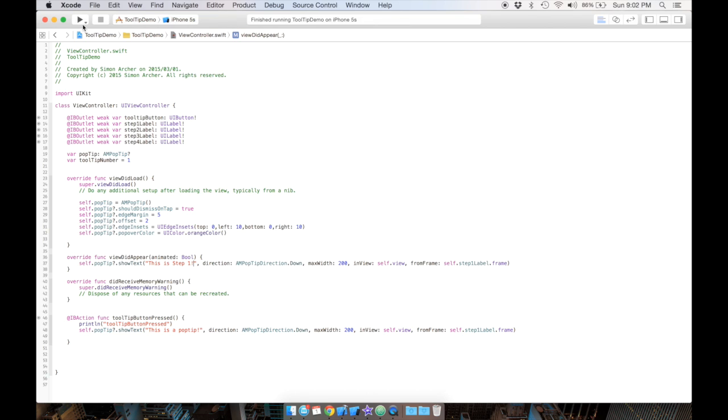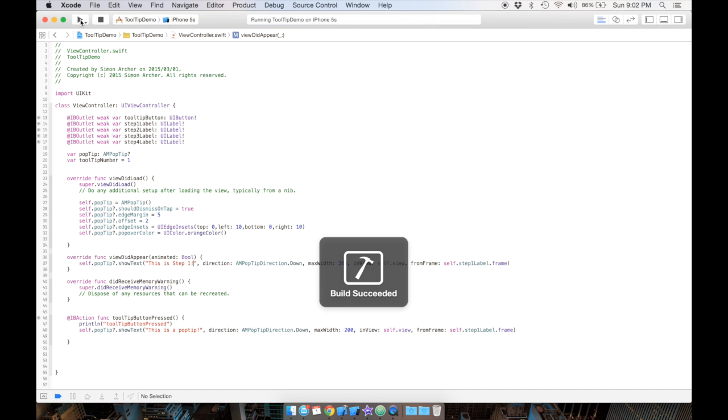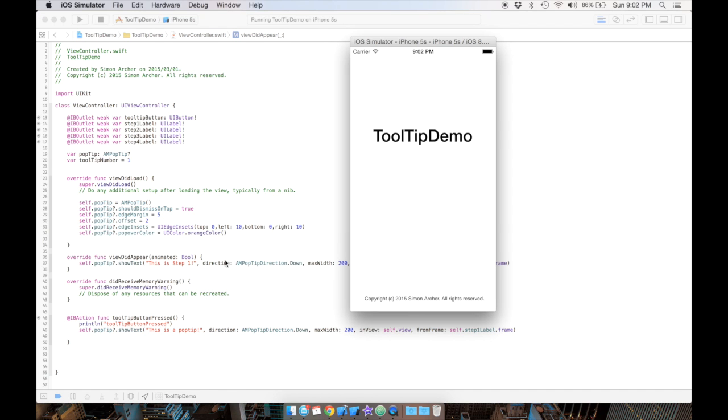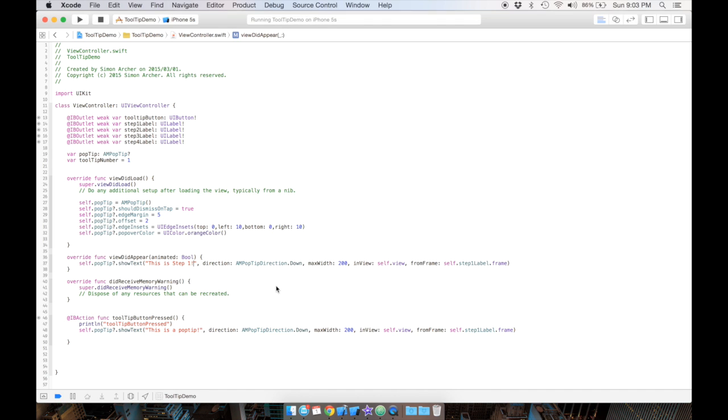Alright, so now let's launch this and see what happens. Basically the application will load on viewDidAppear. We're going to present the first tooltip on the first label, and there we go. This is step 1 on the step 1 label. We tap the screen and it dismisses it. So now we want to continue the flow and go to step 2, then dismiss, go to step 3. There's a couple of ways to do that, but a nice easy way is that I'm going